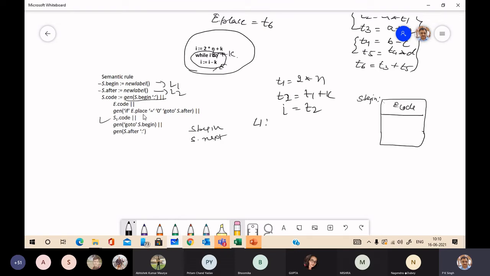Then it will generate this: if E place, I, is equal to 0, go to S next. S next is nothing but L2. Go to L2.